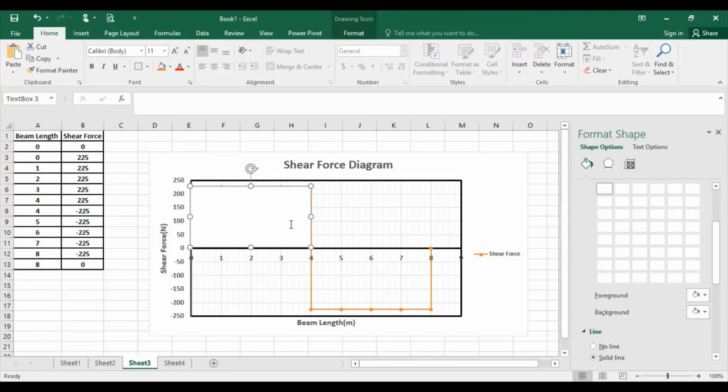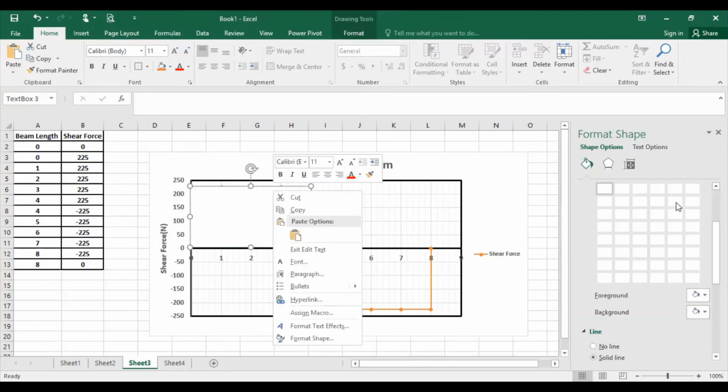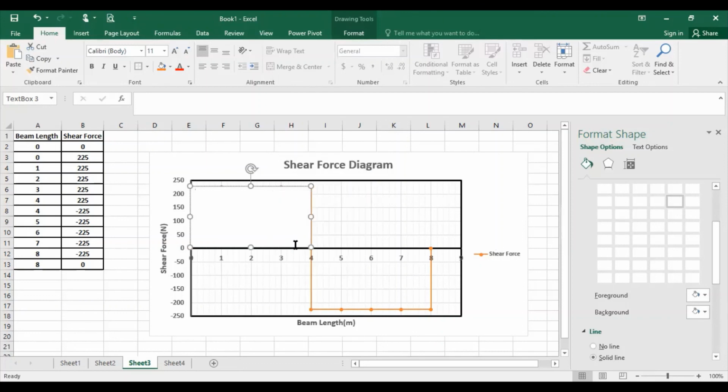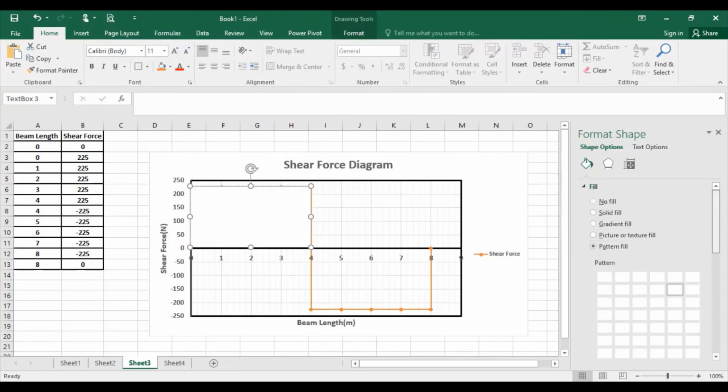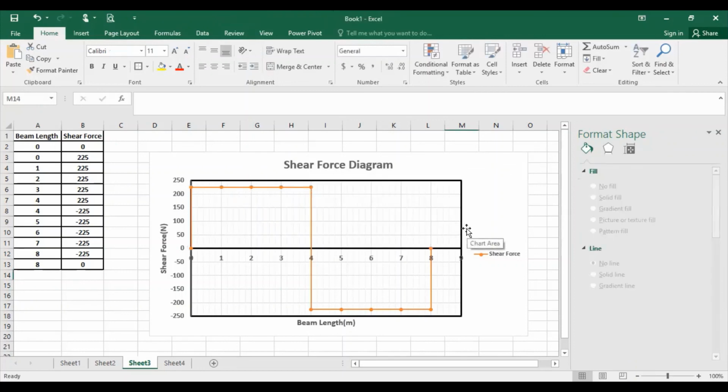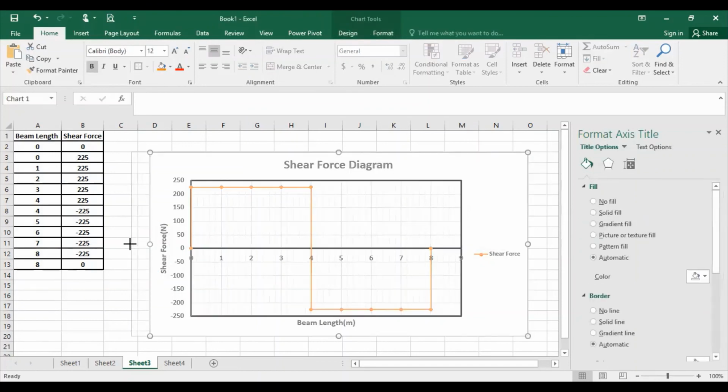Wait for the loading, then I will copy it. So I think it's looking better and nice.